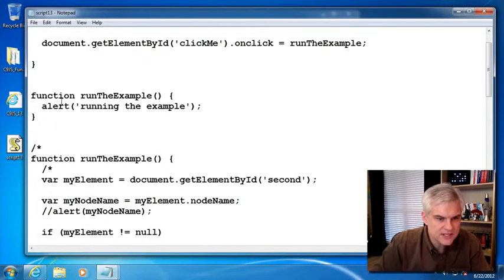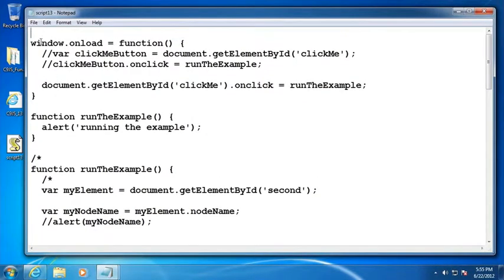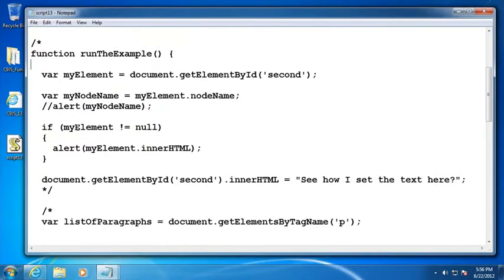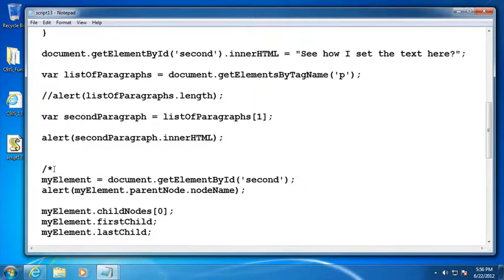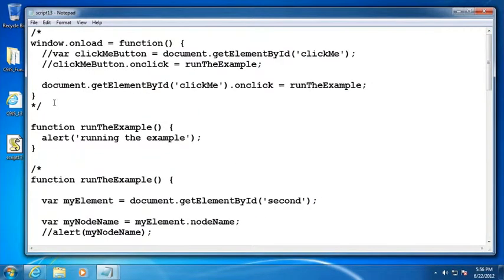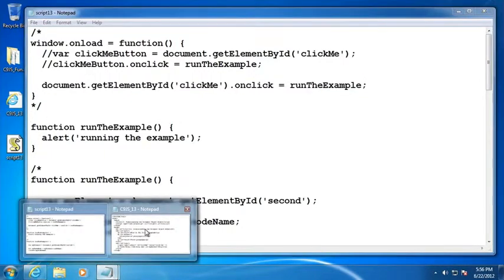So what we're going to do is uncomment our run the example. The first thing I'm going to do is comment out this. And I also think this isn't going to work, so I'm going to get rid of all these. Otherwise, I'm going to be shooting myself in the foot here. And that should stay. All right, so let's go ahead and save that. And then I want to keep this part because I'm going to use that here in my